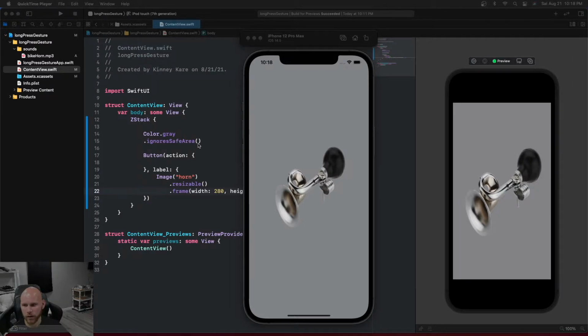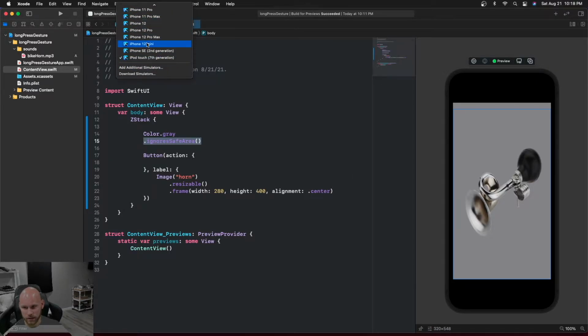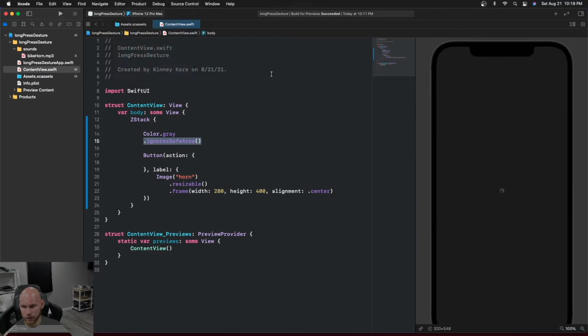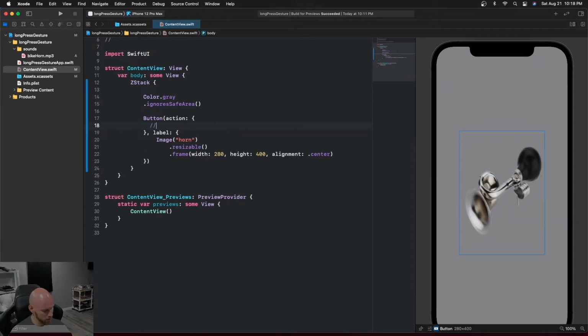So what I already have going on here is the content view, and all I have is a ZStack. I changed the background color to gray, ignore the safe area so it goes all the way up. I can actually change this to a better device for you. So you'll see the color goes all the way up. And then I have a button that the action is not doing anything right now. So we'll be adding something here